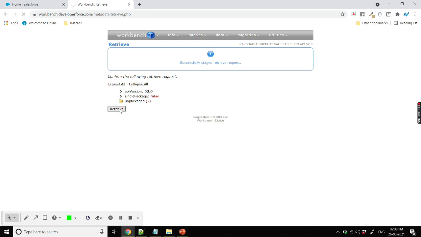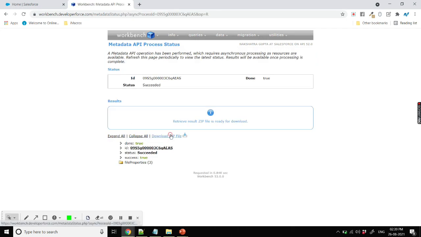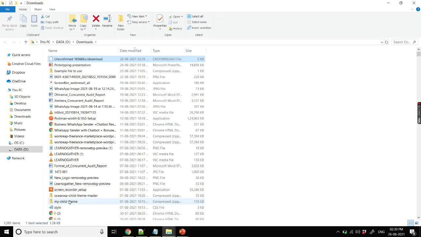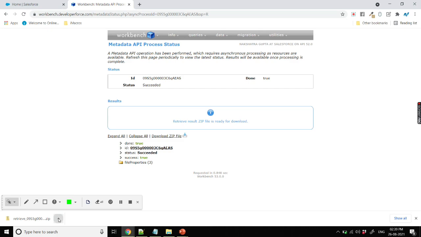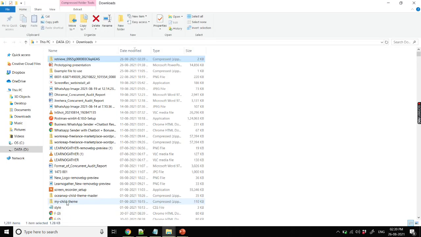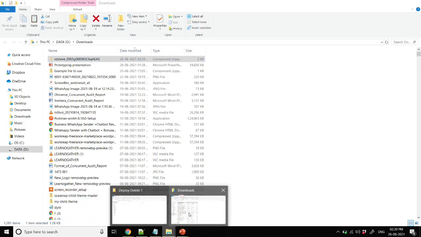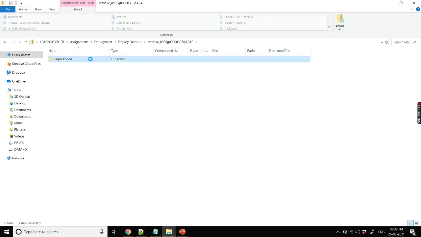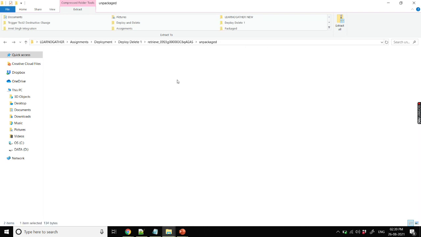Once it is retrieved, we will have this zip file ready. I'll download this zip file, and let me first move it. This zip file contains a folder, and it contains the metadata of both the class auto number and the object.